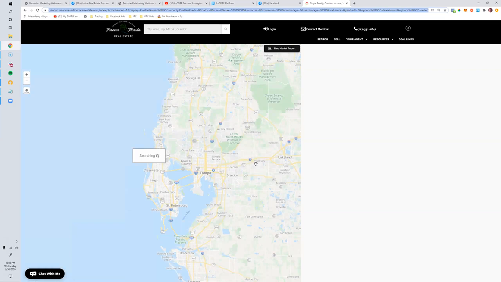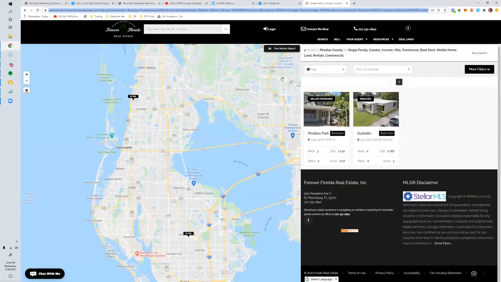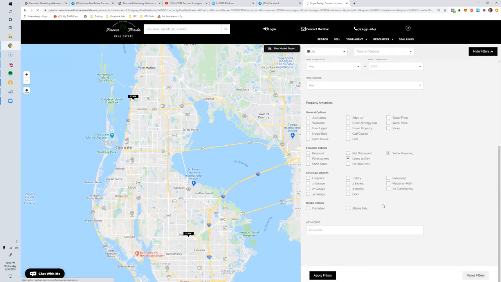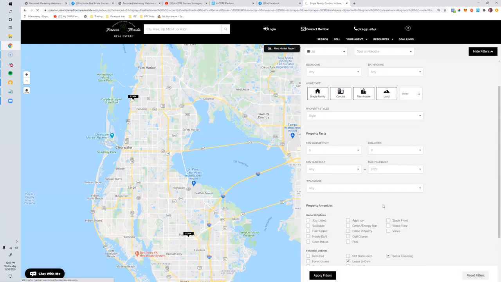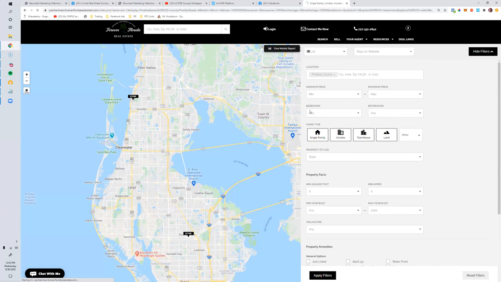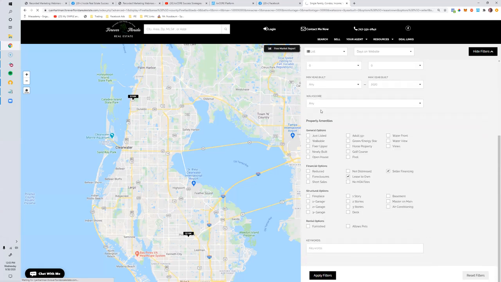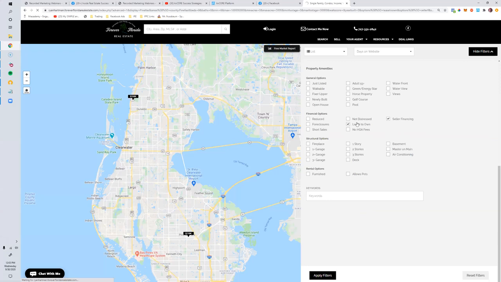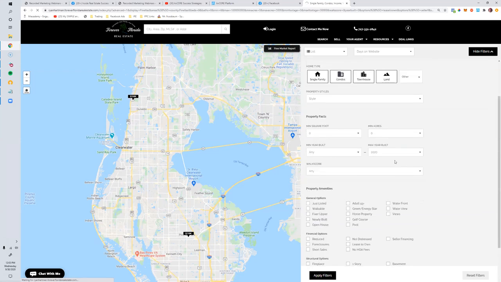Here's my search coming up. I always prefer to sort by list. So in this case, it's funny, this only came up with 2 properties for this filter, and I know there are more in the MLS. When that happens, you don't have to get disappointed. Sometimes it just doesn't carry over through the IDX feed exactly as the fields are available in your MLS. I'm going to try something else here as I build my link.